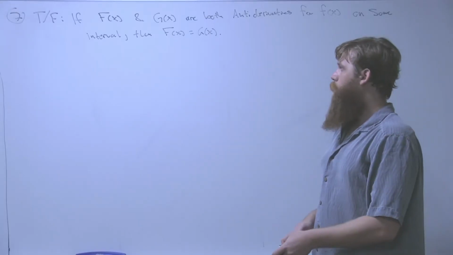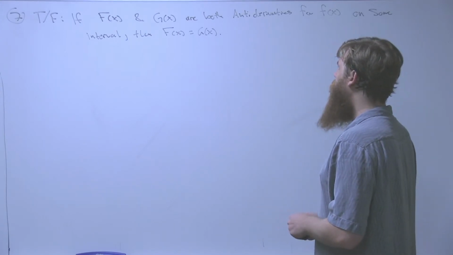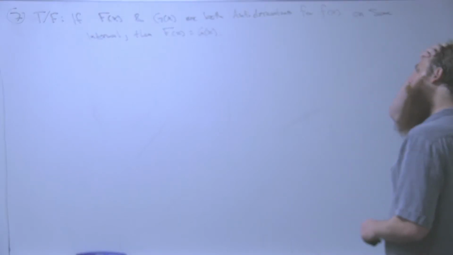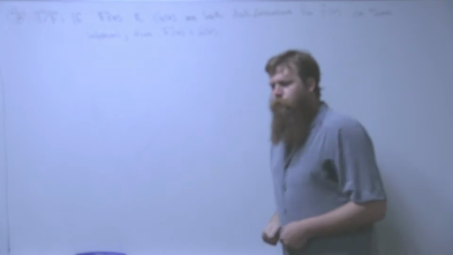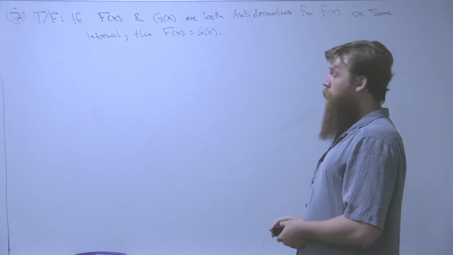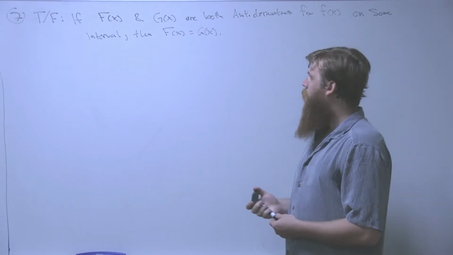Number 7 is also a true or false question. The statement is, if capital F of x and capital G of x are both antiderivatives for little f of x on some interval, then capital F is equal to capital G. At a glance, we might think this is true. If capital F and capital G both differentiate to become little f,